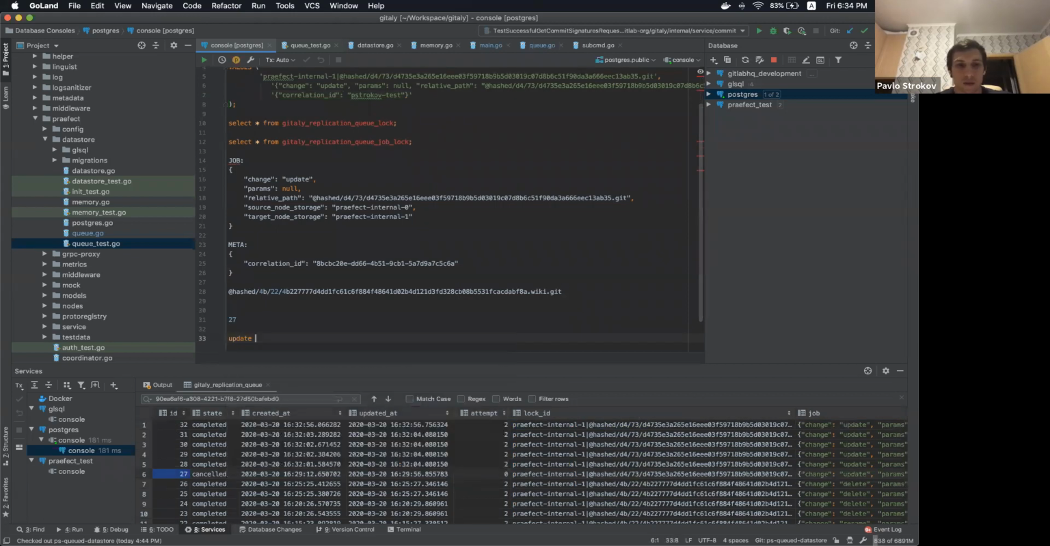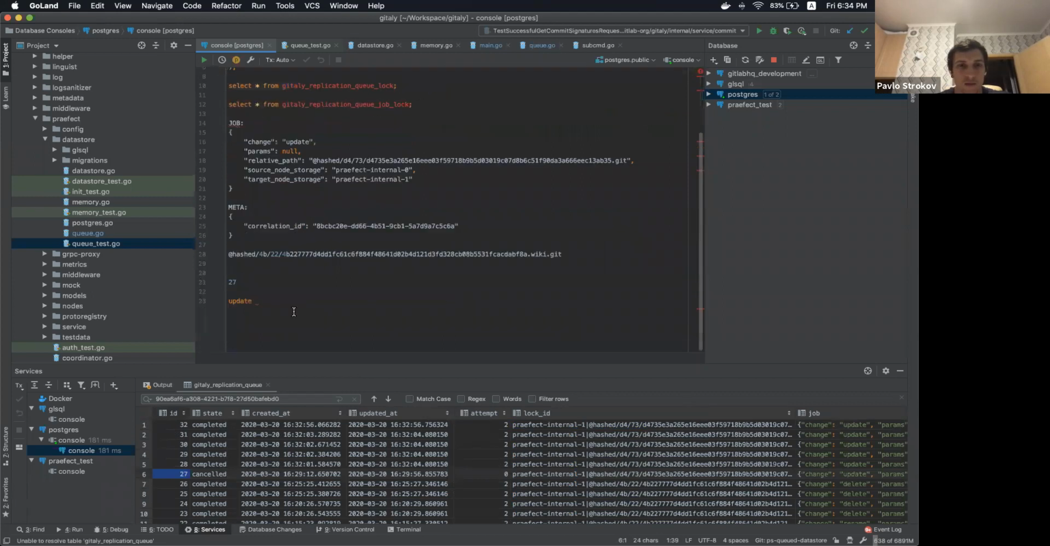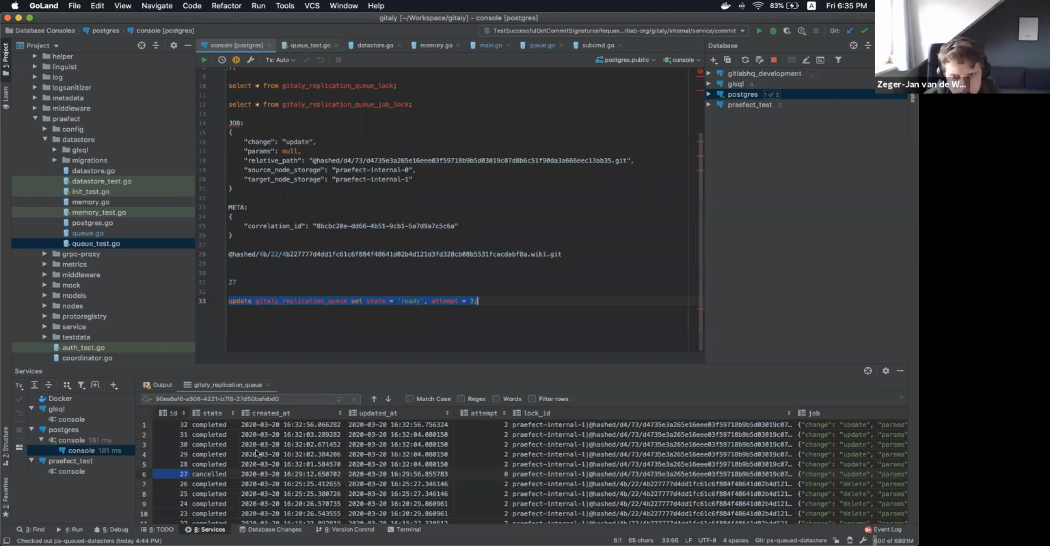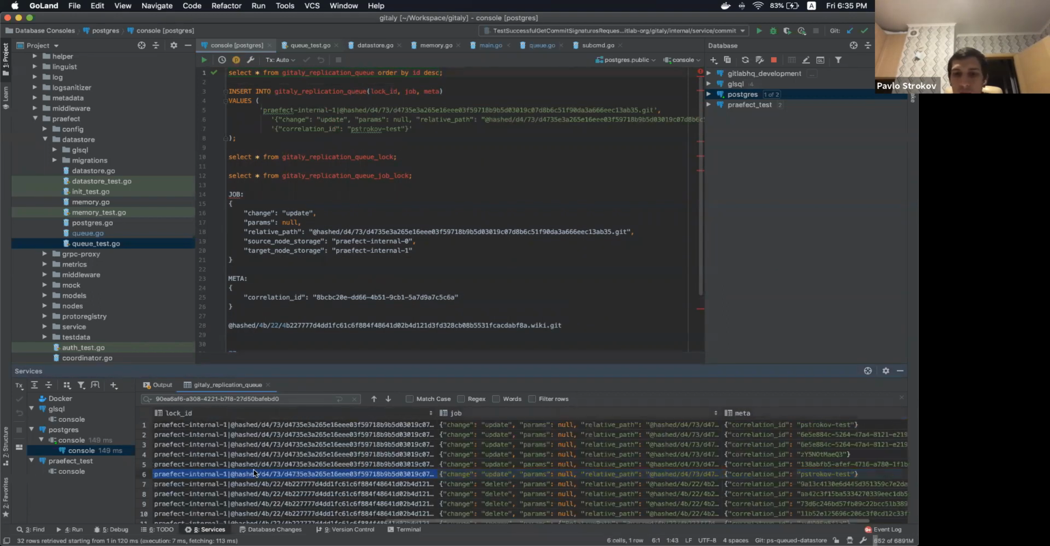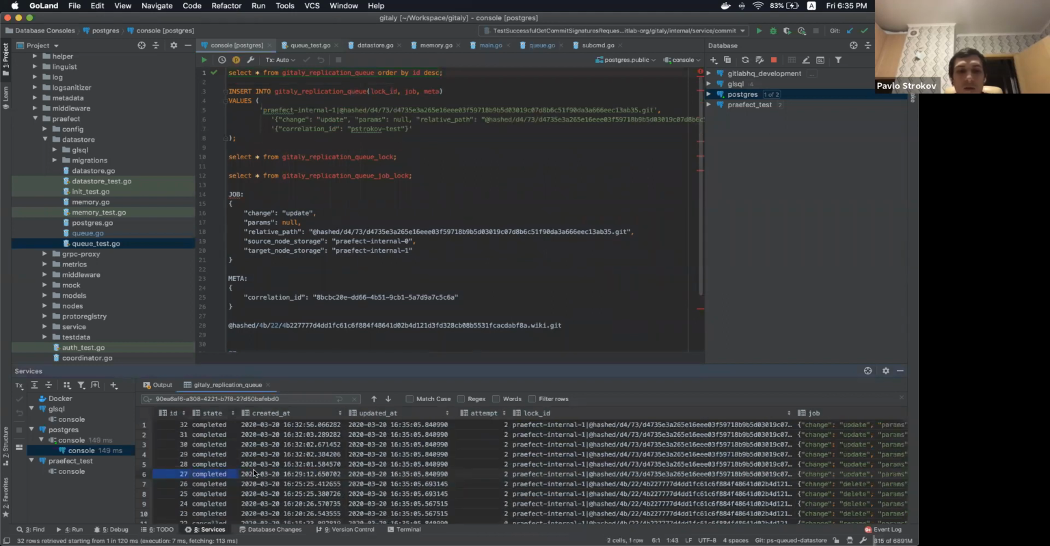then we can update this event and set state to ready and attempt 3. So what I'm going to do is just try to run this job one more time. Yeah. So it was updated and yeah, it's completed right now. So yeah, looks like John was right, and the issue is that Praefect wasn't able to connect to the Gitalys,